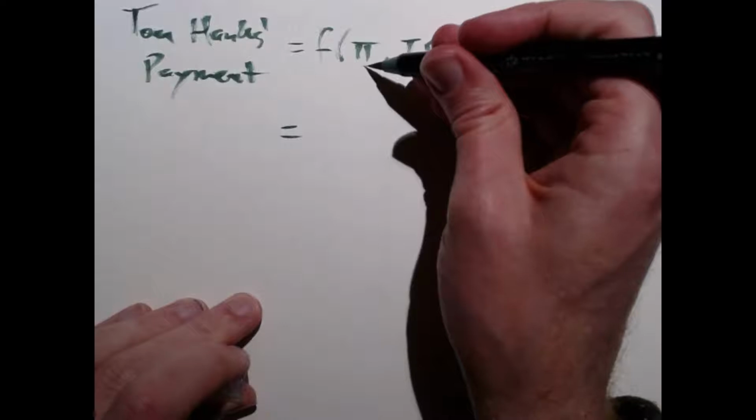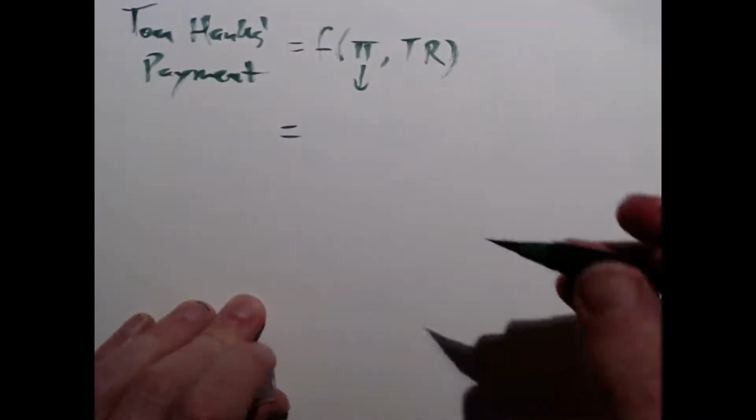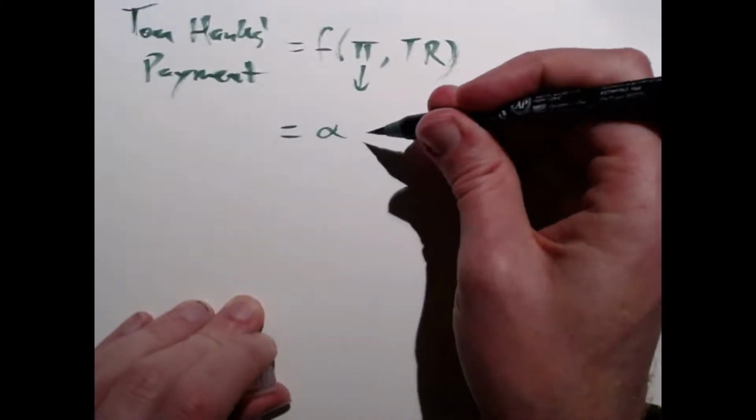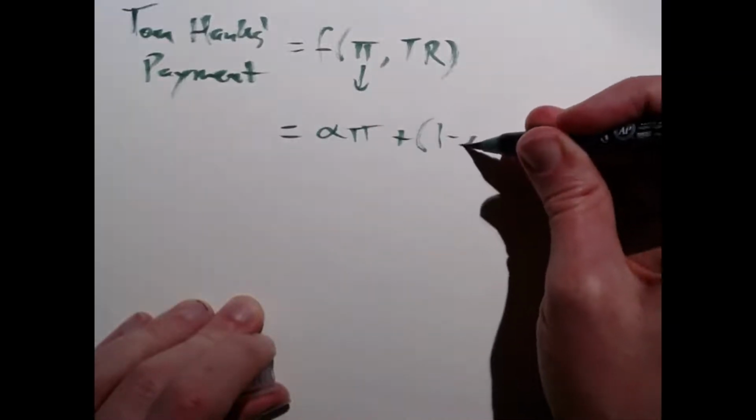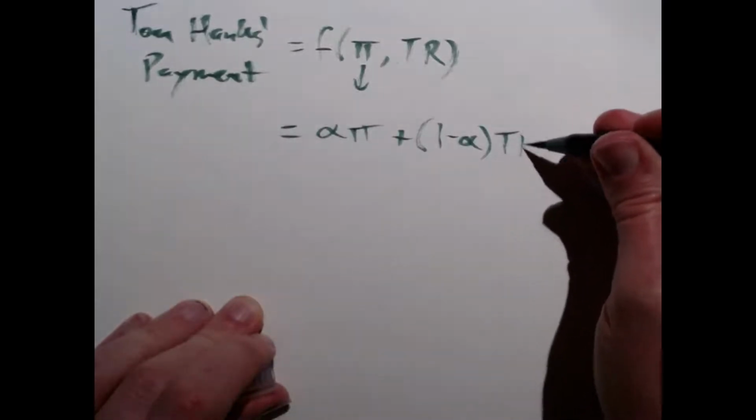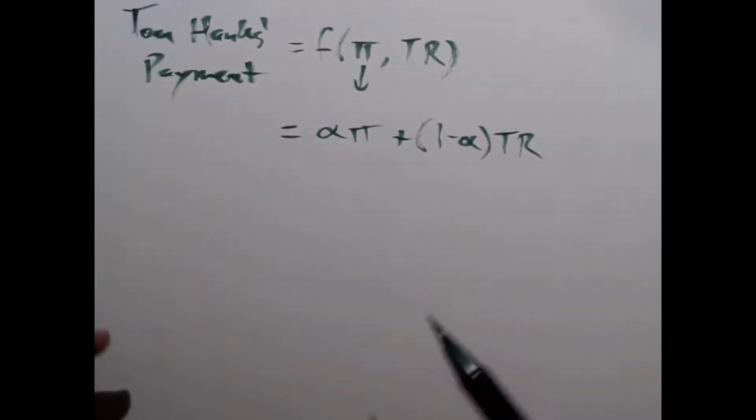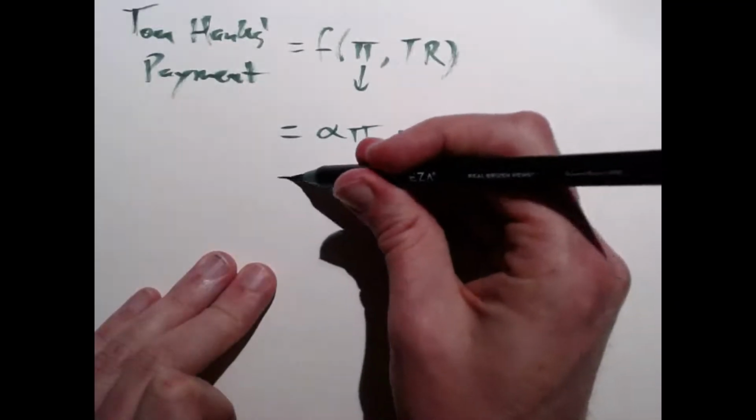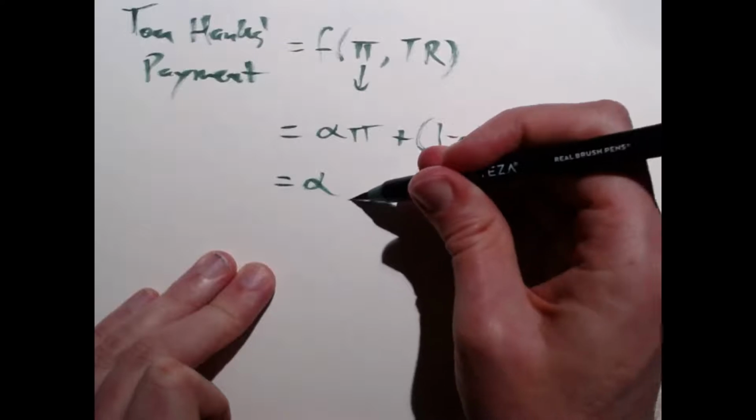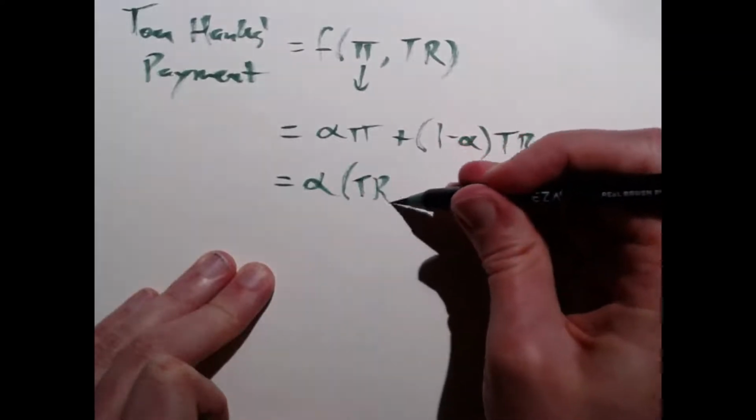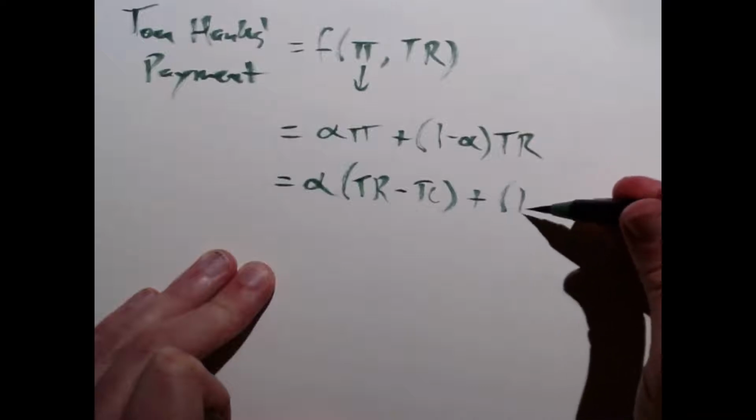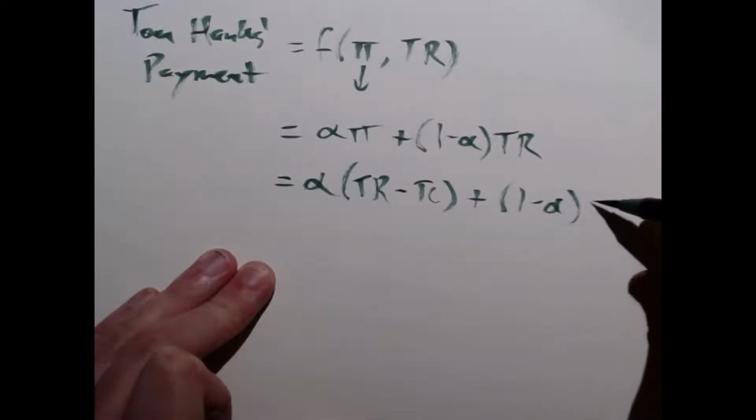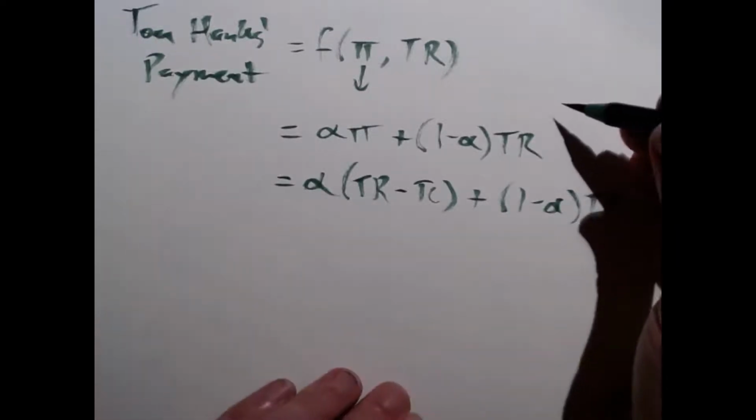So the part of his payment that's coming from profit, let's just say, is alpha times profit plus 1 minus alpha times total revenue. And then let's use our definition of profit to make this a little bit easier to see. Profit is total revenue minus total cost, plus 1 minus alpha times total revenue. Total revenue,